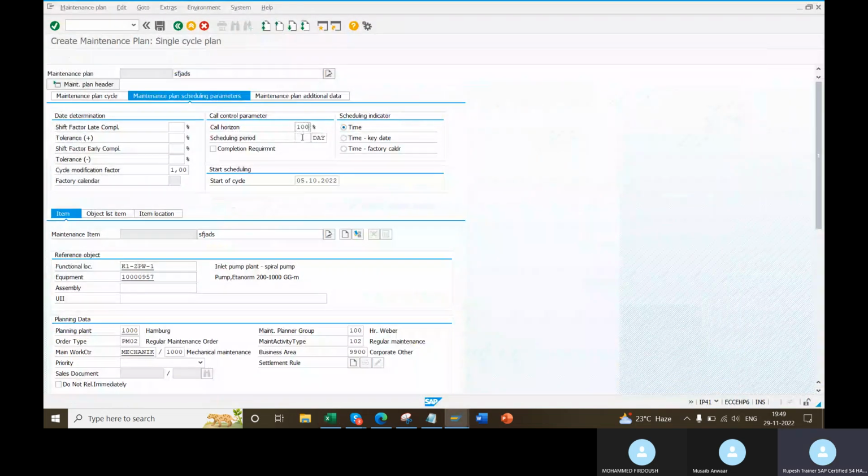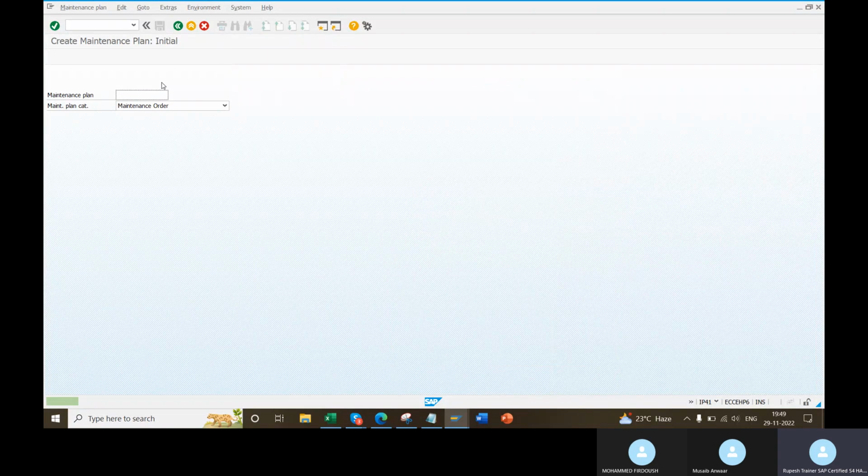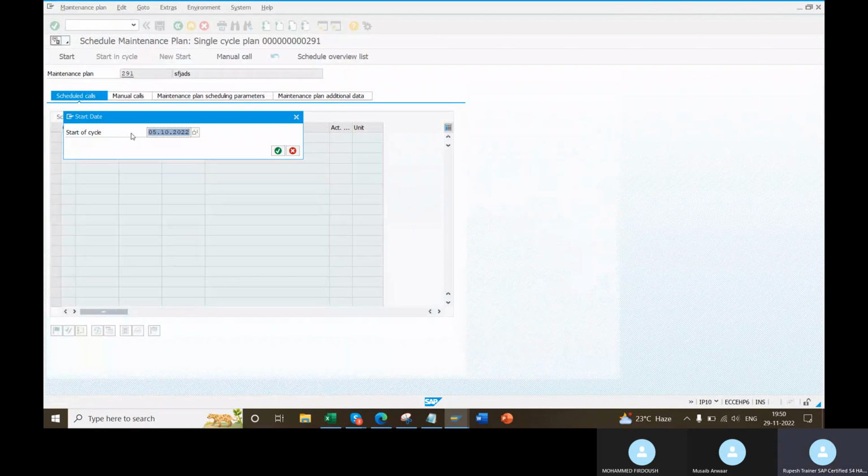Okay, give the colors 100. Give 1 year, 2 year. That's not a matter, right? Go here. Right, this is okay. Save it. Schedule it. Enter the start date. Date is very important. Be very clear on the dates. While entering dates, you should be very, very cautious. Even in the test system, while changing the dates, understand and change. Then only you will learn preventive in a proper way. Don't give any date and go.